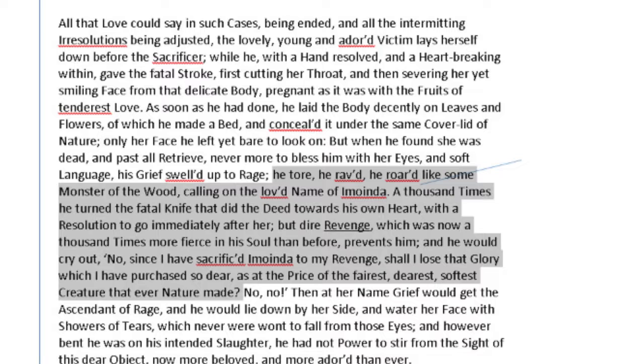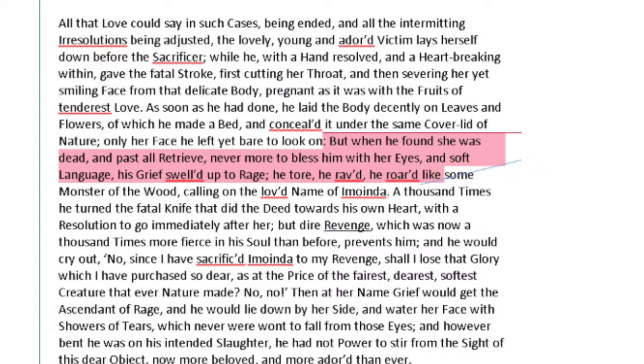He tore, he raved, he roared, abbreviations again, like some monster of the wood, calling on the loved name of whoever that is. 1,000 times he turned the fatal knife that did the deed towards his own heart, with a resolution to go immediately after her, but dire revenge, which was now 1,000 times more fierce in his soul than before, prevents him, and he would cry out, "No, since I have sacrificed her to my revenge, shall I lose that glory which I have purchased so dear, as at the price of fairest, dearest, softest creature that ever nature made." So, thinking about his characterisation here,